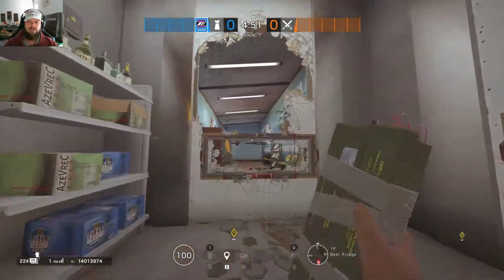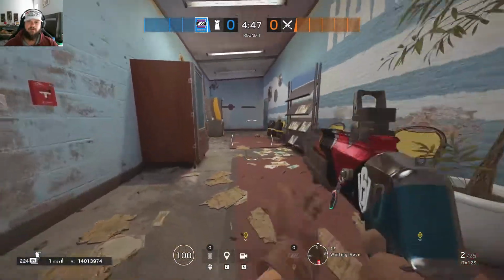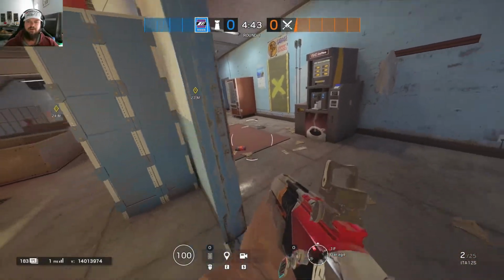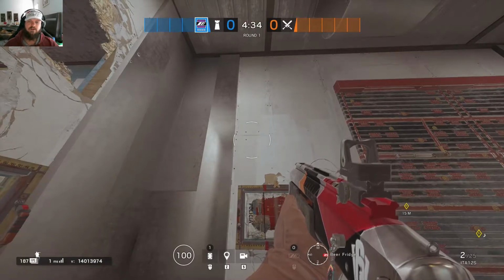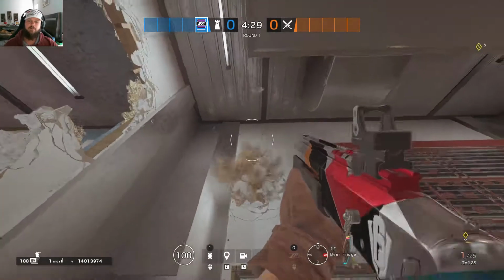If you do have a deeper threat, you can throw that thing pretty far. That's a pretty good throw. That's about as far as I'm going to get it. If they're at this doorway, probably about right here, they're going to die. I do favor, and this is personal preference, and I don't do it the same every single round,